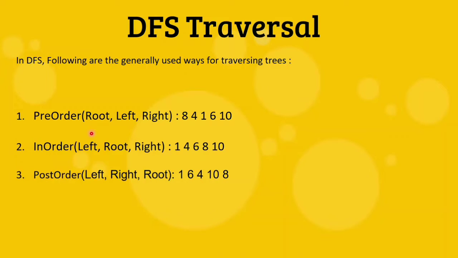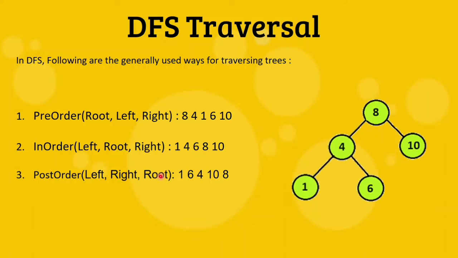When we are talking about pre-order, the root will come first and then left, right. That means the root will be before the left and right nodes. Then in in-order, the root will come between the left and right nodes. And then we have post-order, where the root will come last, after the left and right nodes. So this is the simplified way to remember where our root node will come. Once we know this, we have our tree.